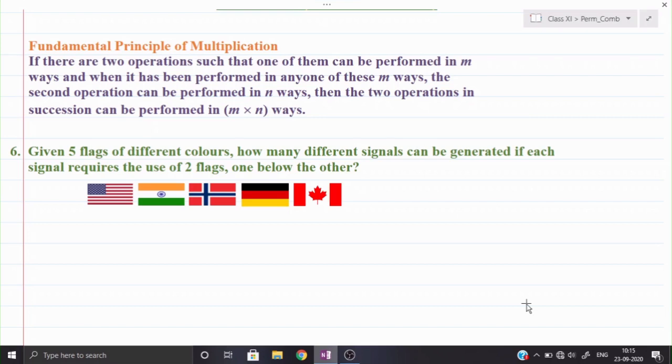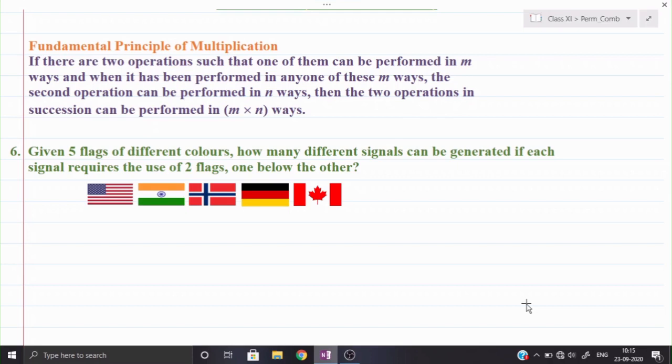Given 5 flags of different colors. So I have taken the 5 flags of 5 different nations. Now you see, when they are taking colors, I am taking different nations. That doesn't matter, I am just showing you how it is possible. How many different signals can be generated if each signal requires the use of 2 flags,